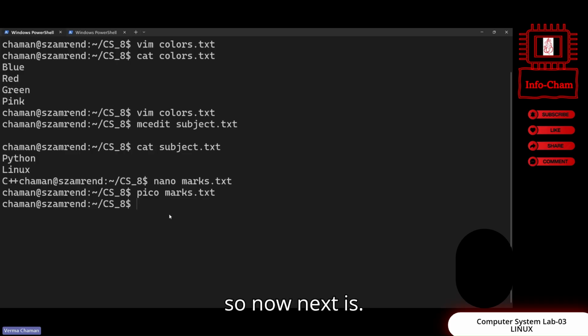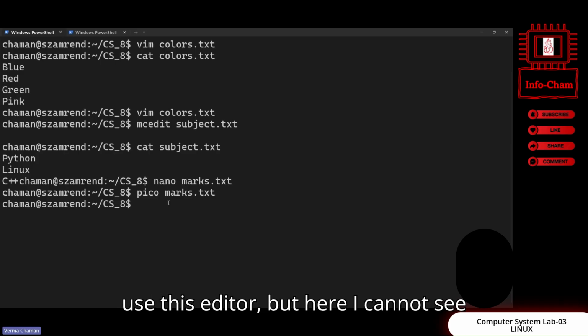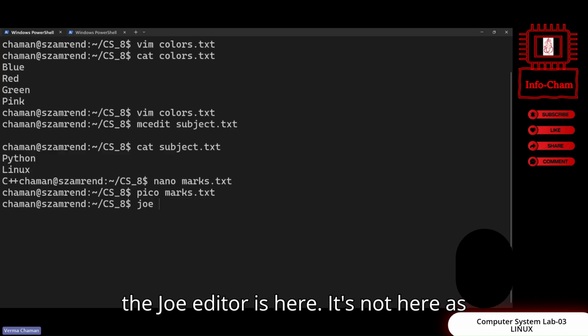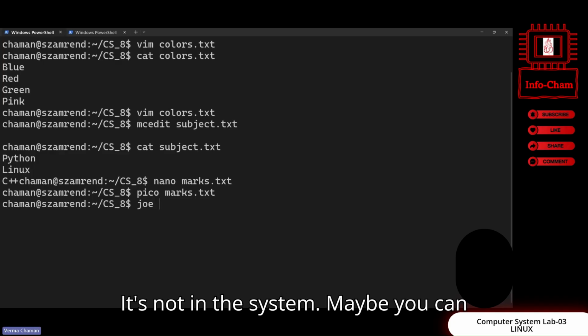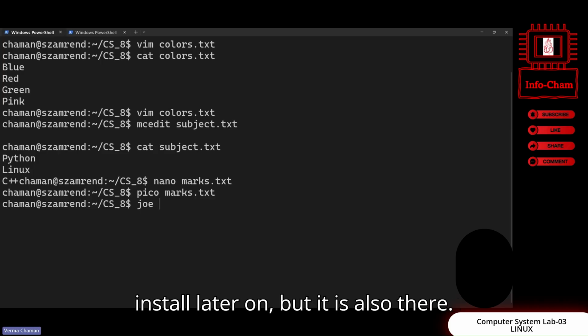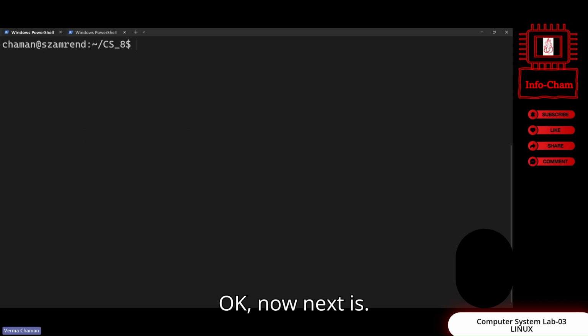Okay. So now next is, so the editor is clear to you. So now you can use this editor, but here I cannot see the Joe editor. It's not here as well. Okay. It's not in the system. Maybe you can install it later on, but it is also there. But I think it is enough. Okay. Now, next